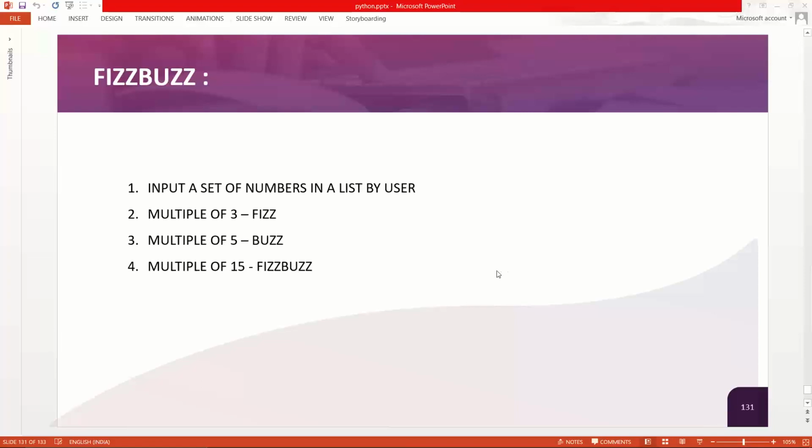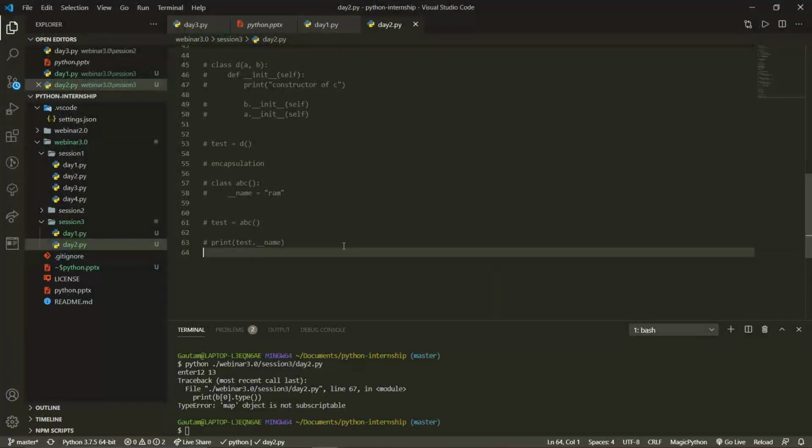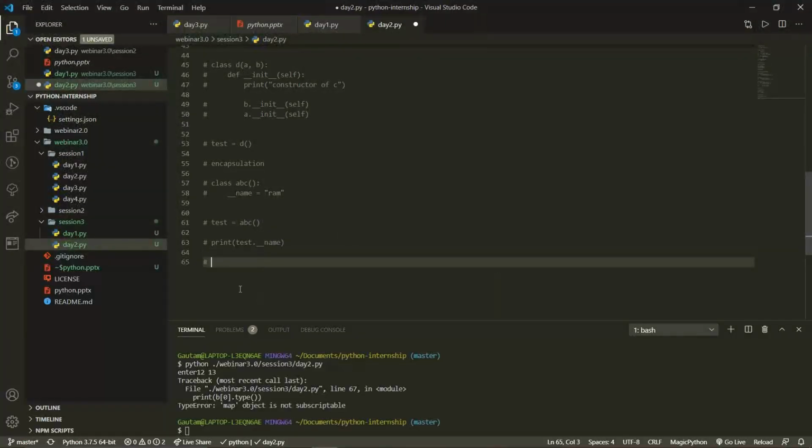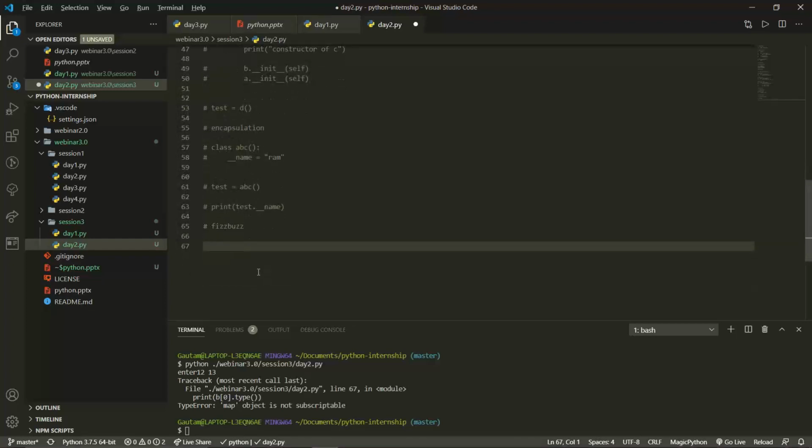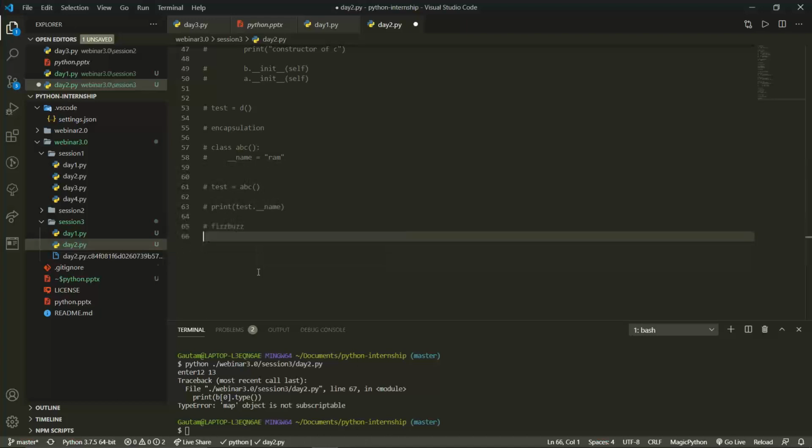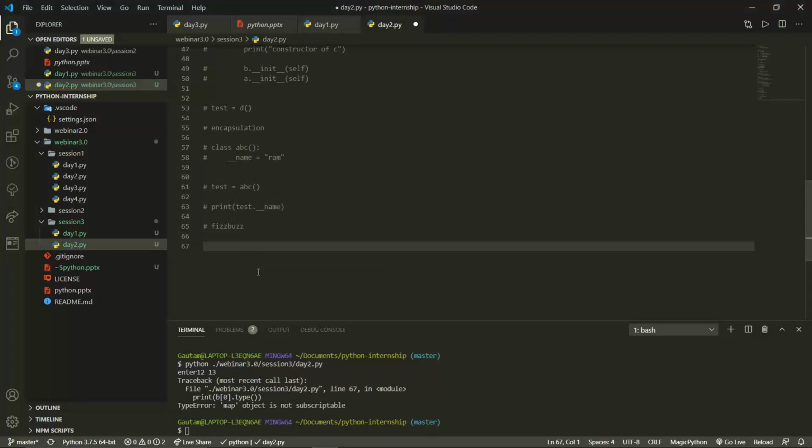Okay, I hope you have done with the logic, and now we'll start with the programming part. So we'll move on over here, and we're gonna write fizz buzz. Now we'll try to execute this code.